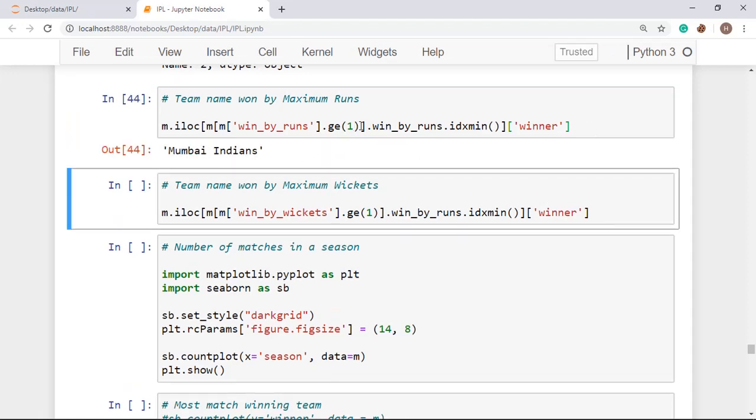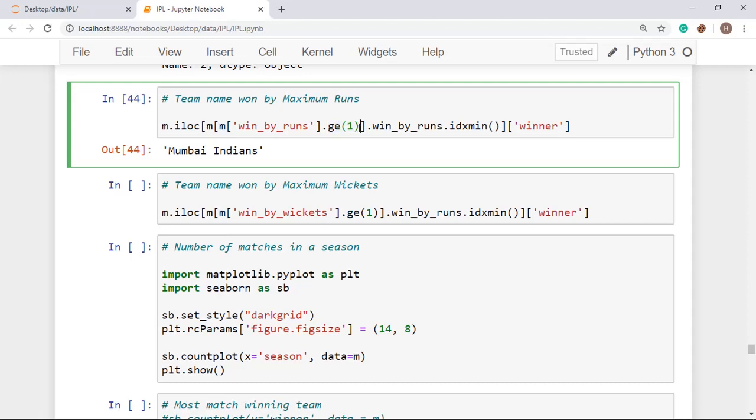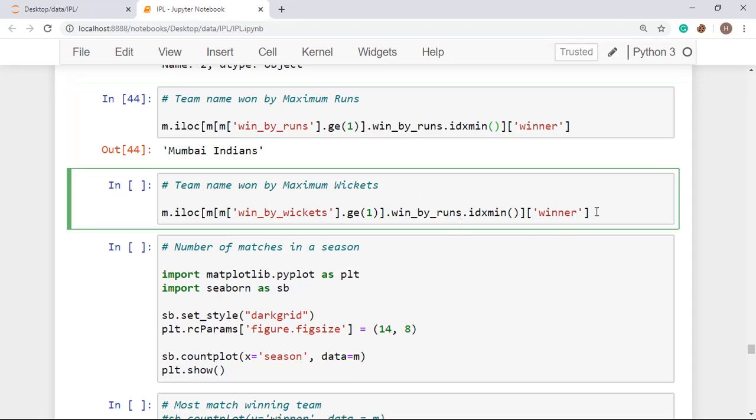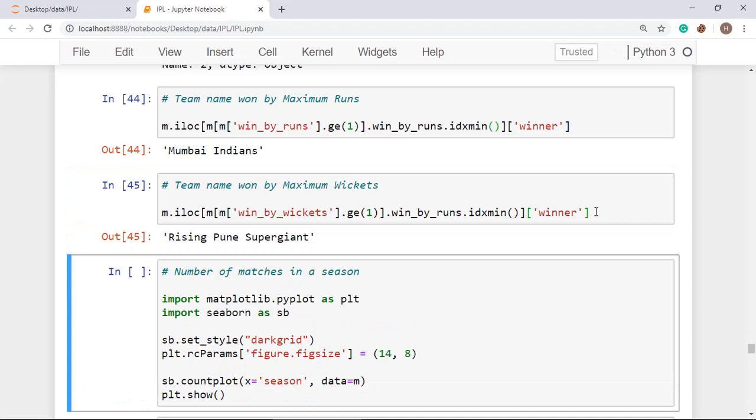We want only one value, so we are putting 1 here, and it will call idxmax, and it will display the index value. Idxmax here is actually finding out the row where it is getting the first maximum value. And in the same manner you can get the name of the team that won by maximum wickets.